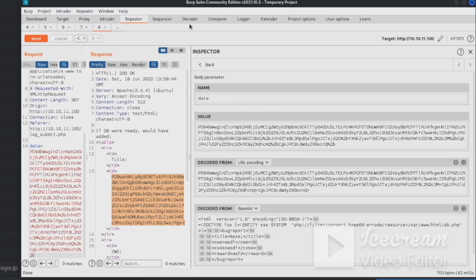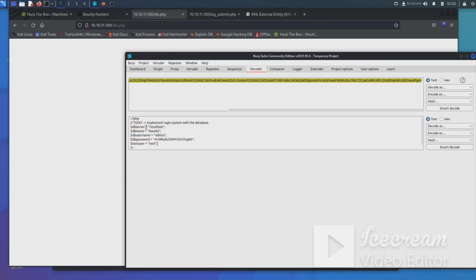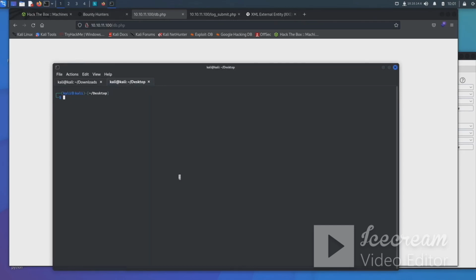We can copy this. We can go to the decoder, paste this in, and as we decode it with base64, it tells us that we have this in our response. So this would be what was brought back with our PHP filter, and we have a username right here. We have the database name. We have a password right here, and we should be able to SSH in as the development user using this password right here, because we know it's really common for people to reuse their passwords, and this will actually lead to remote code execution. So if we come over here and we say SSH, and then we say